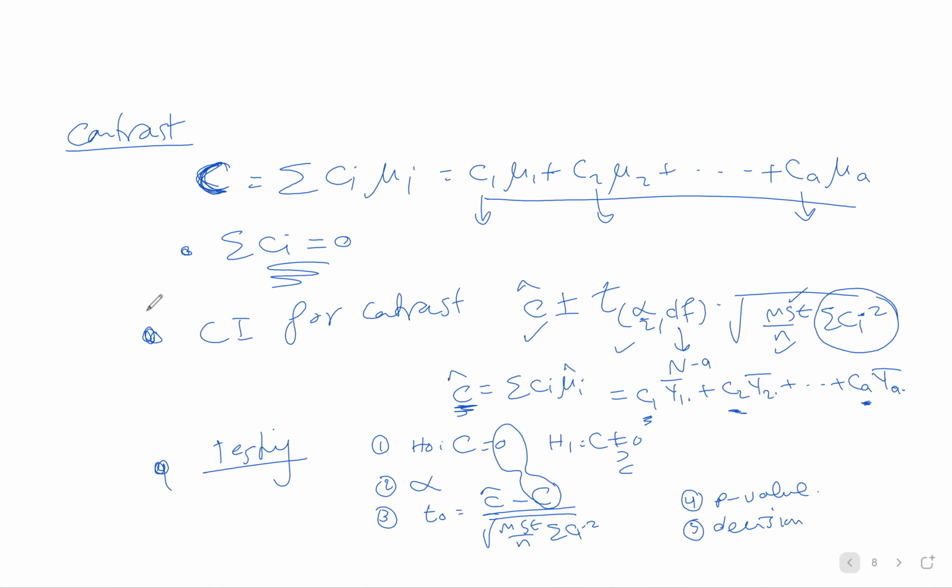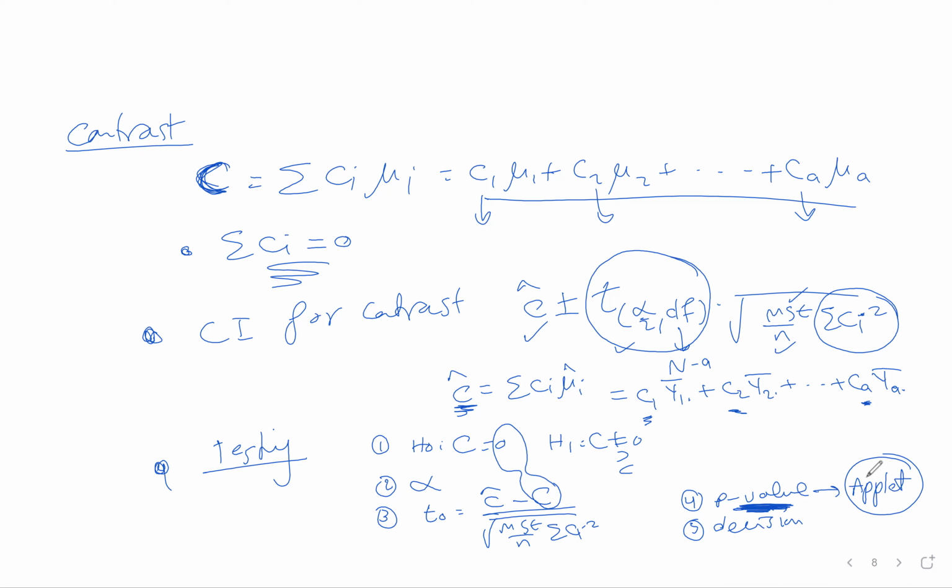Okay, what is your question? How to get the p-value? You know how to get this t value? Number 4, the p-value. Number 4, the p-value is this one? Yeah, this one using the applet. But in the exam, I will give you a screenshot from the applet because I will not ask you to calculate this one during the exam from the online applet. I will give you a screenshot from the applet, so it will be given.